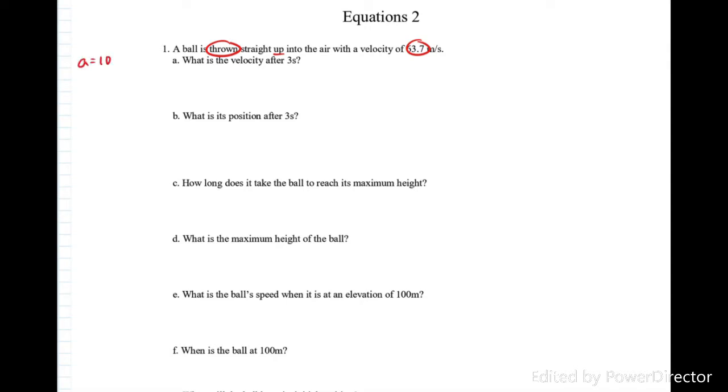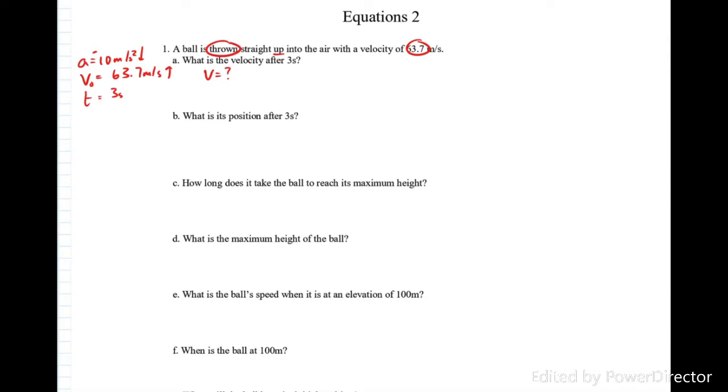So right away, I know that my acceleration is 10 meters per second squared down, because every time we have a free fall problem, that's our acceleration. The initial velocity is 63.7 meters per second, and that's up. So what we're going to have to do, because the 10 is down, is make the acceleration negative. That's huge. I also know that the time is 3 seconds, and in part A, my unknown is the final